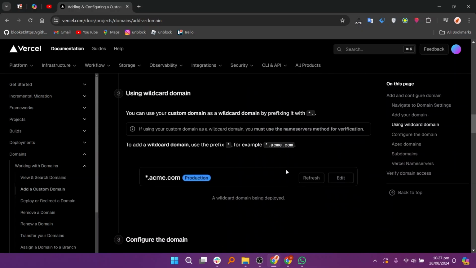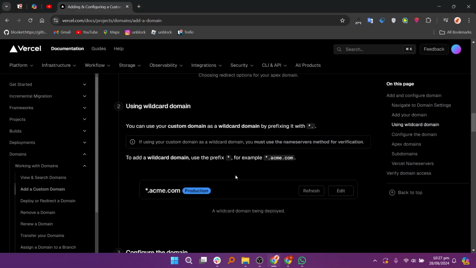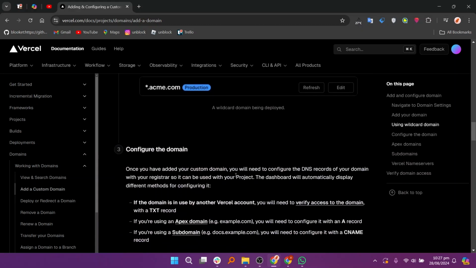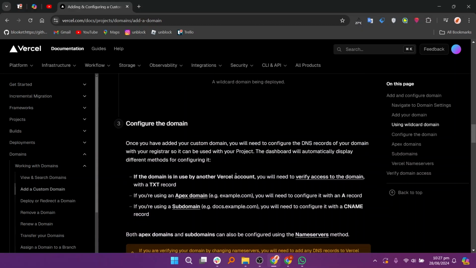You can use your custom domain as a wildcard domain by prefixing it with an asterisk. To add a wildcard domain, use the prefix asterisk, for example, *.acme.com. Once you have added your custom domain, you will need to configure the DNS records of your domain with